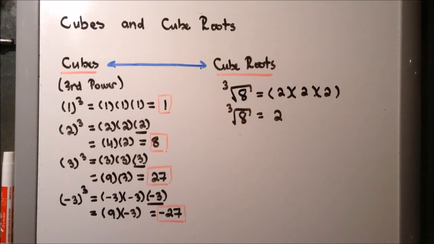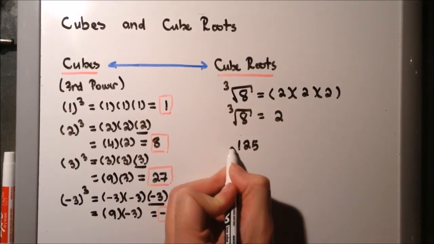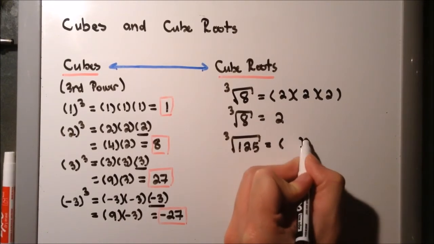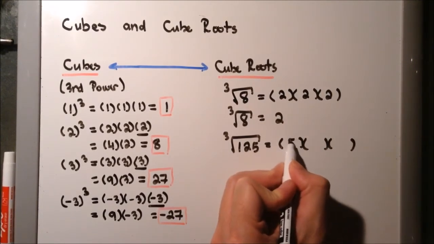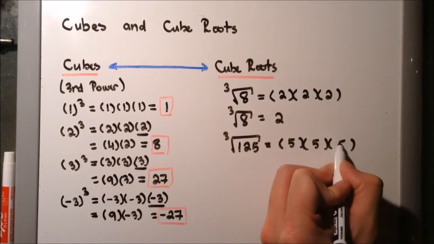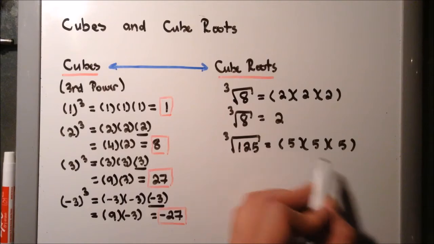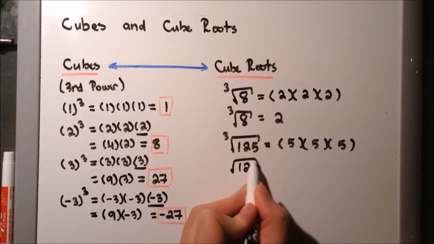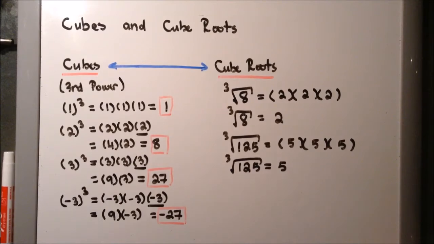Now, let's say we do 125. So the cube root of 125 is again a number times itself 3 times. Now that would be 5. And again, I need to specify this is my positive 5. So the cube root of 125 is positive 5. Now, how come it's not negative 5? Well,